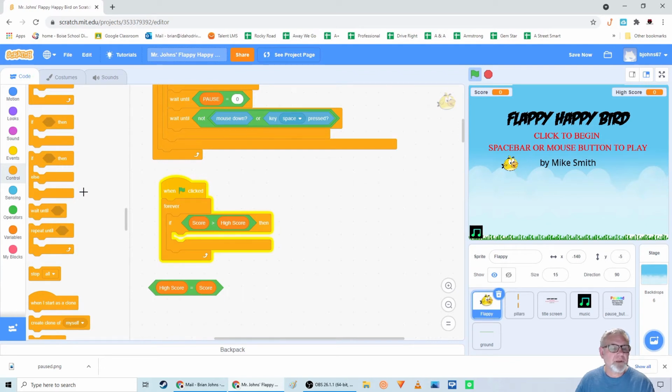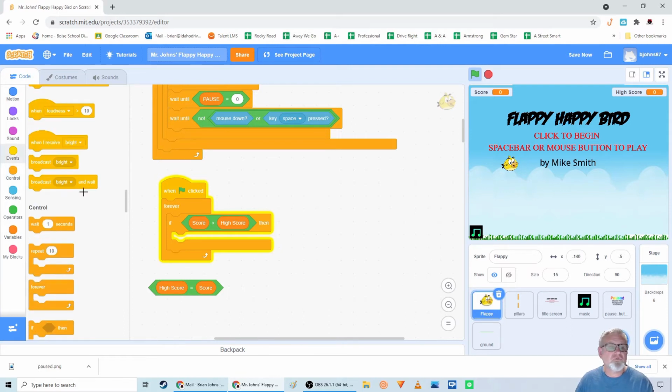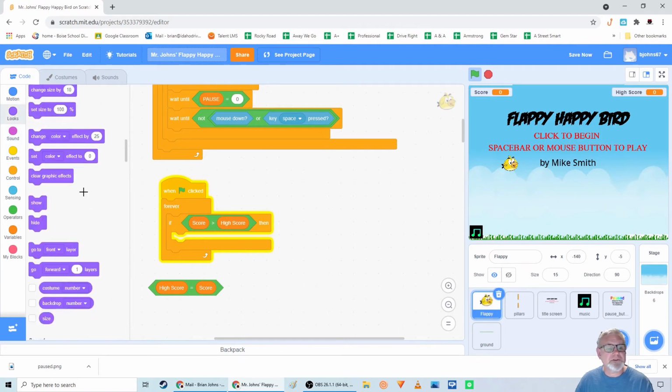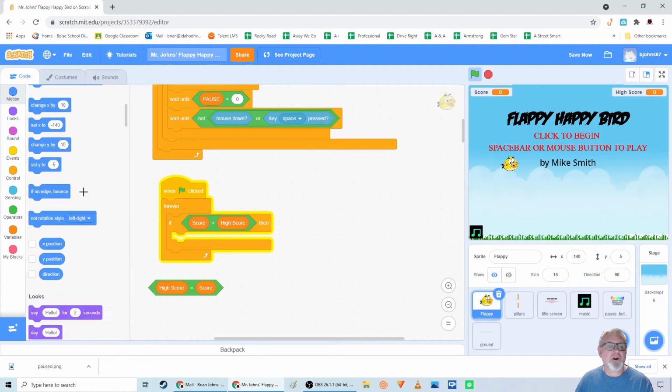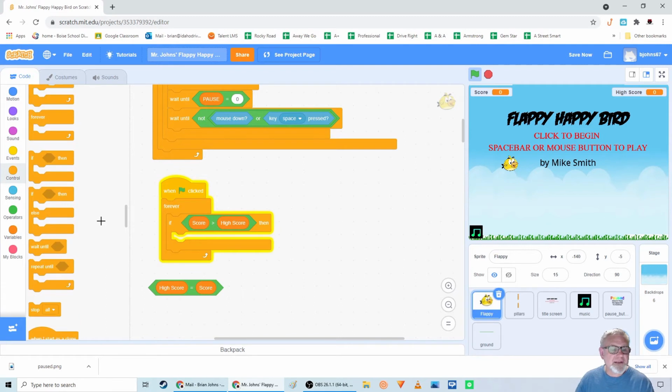If then, and then we just need an answer. If then, has to be diamond shaped. See, that's why the yellow ones are diamond shaped inserts and the other ones aren't. So that's why I know it's a yellow one right here. If then,